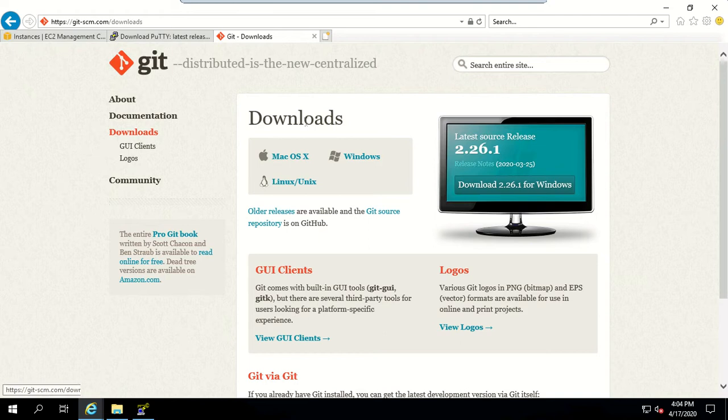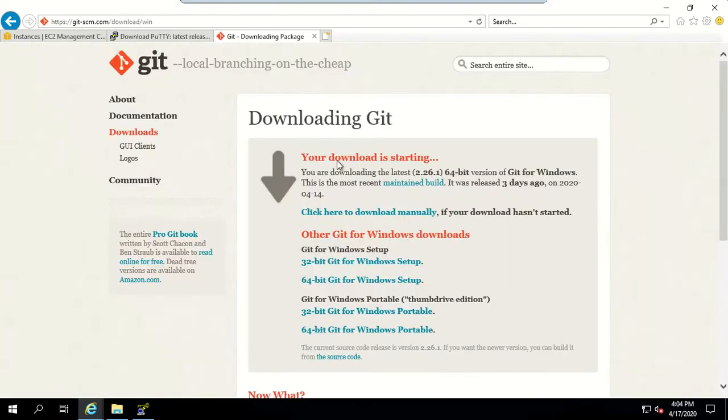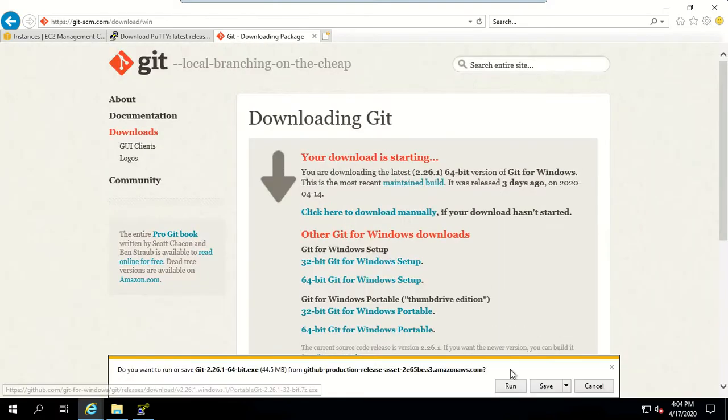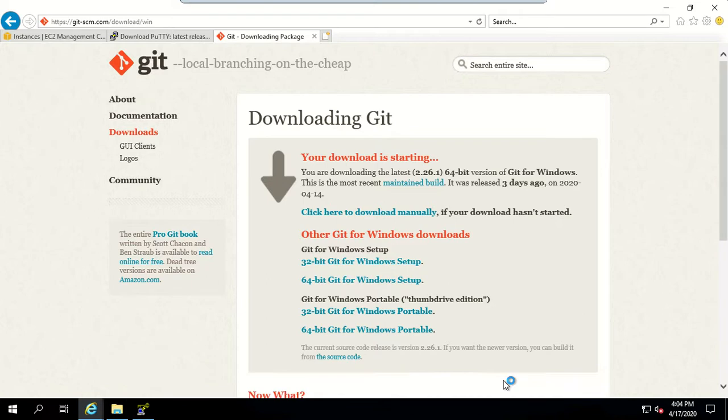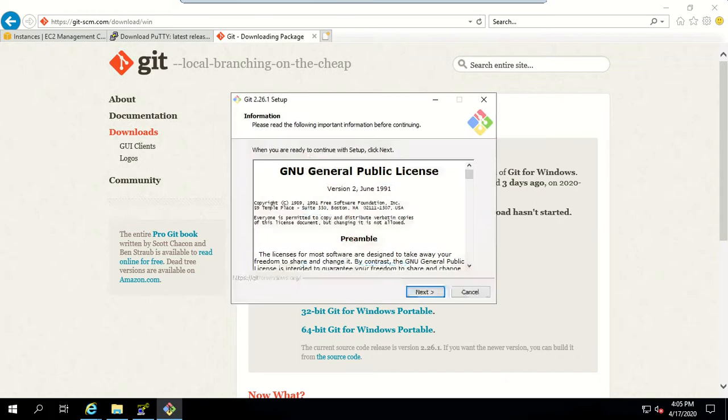So to download Git on your Windows machine, simply click on this, download 2.26.1 Windows, and this will start downloading. Here I'll click on run, which will start installing Git Bash, or the Git tool, on my Windows machine. Just wait for the installation to complete.